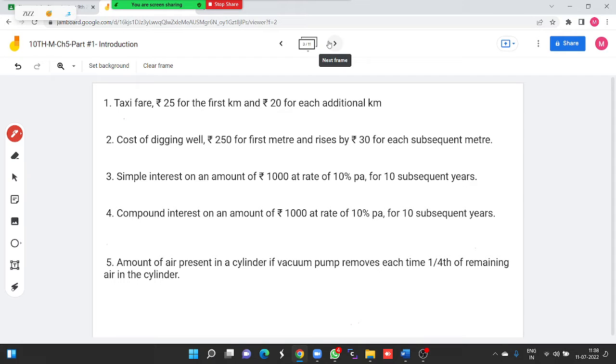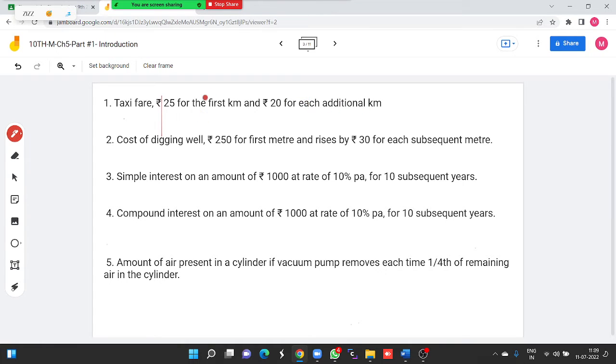So in the next slide, we will check if the following statements are forming the AP or not. तो फर्स्ट एग्जांपल में जैसे कि हमें यहाँ दिया हुआ है टैक्सी फेयर. सो टैक्सी फेयर for the first kilometer is rupees 25, and for each additional kilometer it is rupees